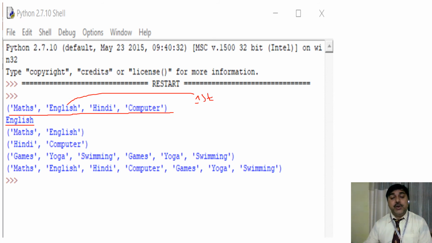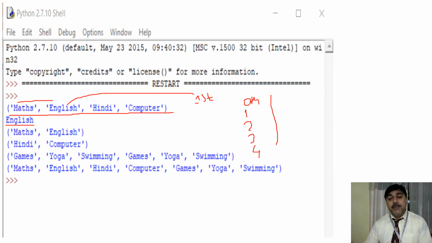Now how will it do this? We know that if we start from the beginning, that means this is my beginning point, then it will be the 0th value, the zeroth position, then first, then second, then third, then fourth.